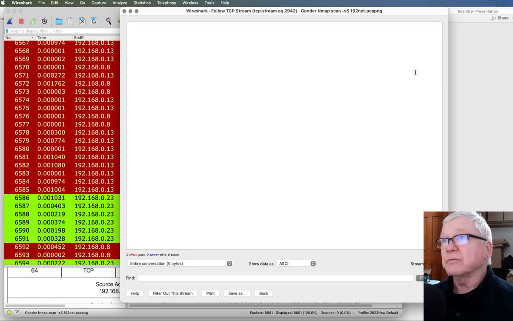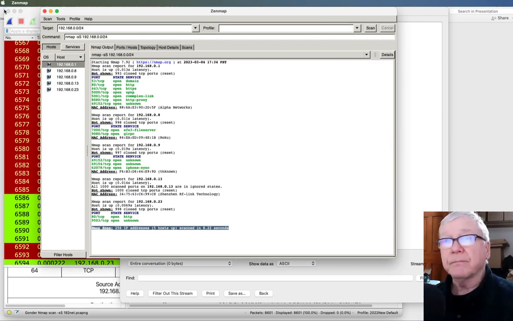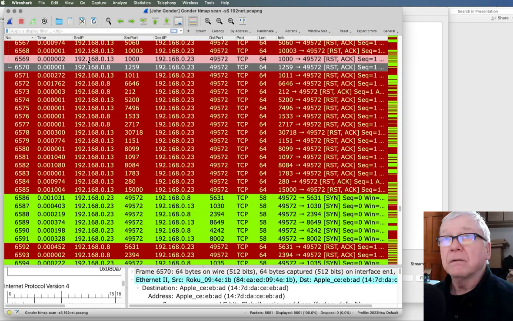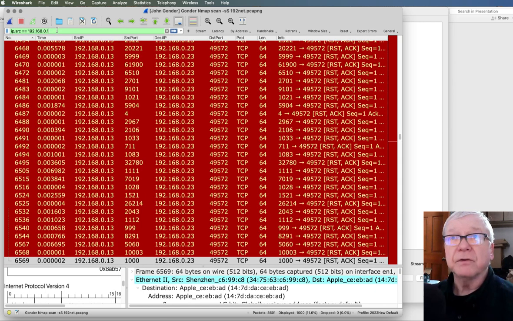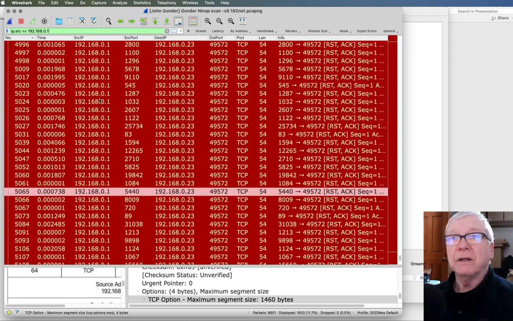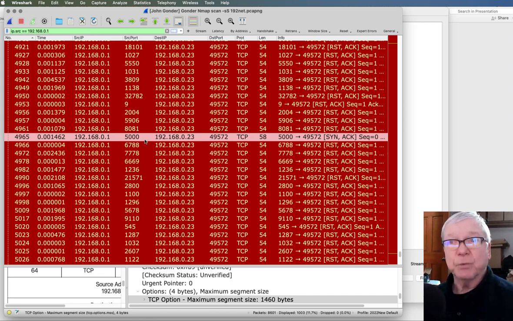So we did see, as we saw in the Nmap report, for this .1 there were a number of ports that were open. So if I actually let me prepare a filter but change that to .1, if the source is .1, so .1 said no to all of those ports, but it did say yes to port 5000.